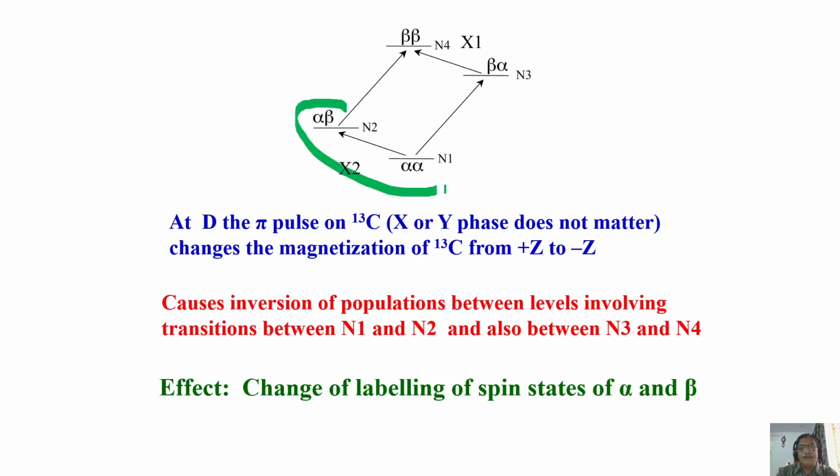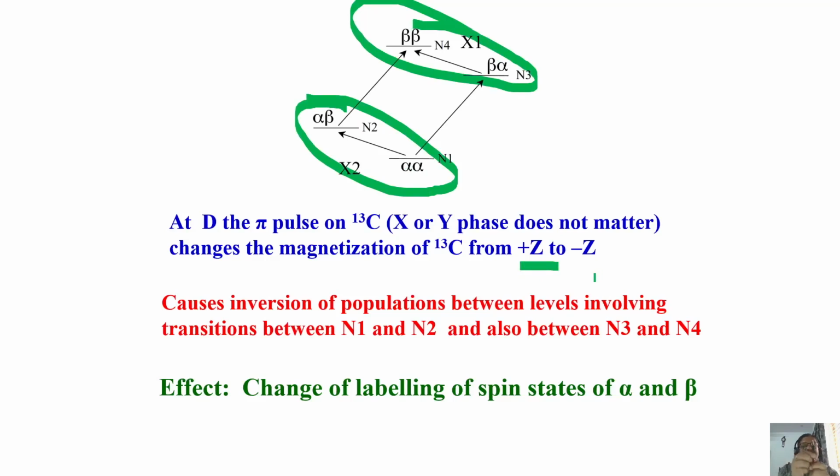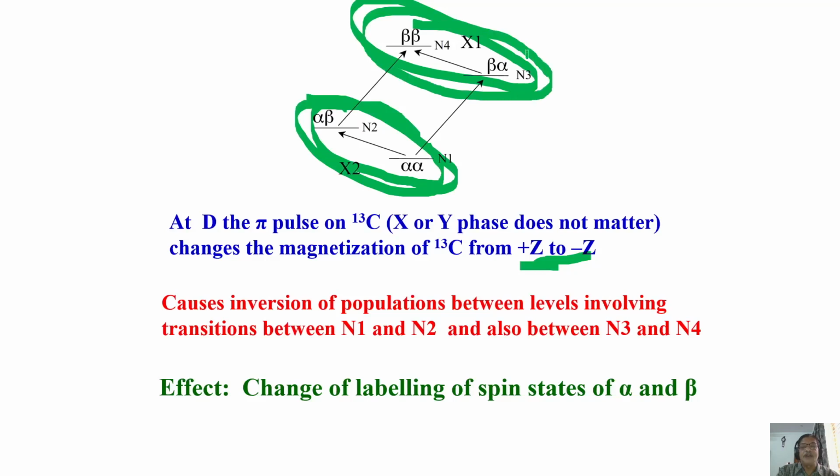magnetization. So that means these two and these two spin populations should get inverted. That means carbon 13, which still was along the z-axis, we have not touched it till now. Remember, you are only talking about the proton doublet component. Carbon doublet are still here. Now because of the 180 pulse, from plus z direction, they came to minus z direction. It is as good as telling the population of the spin states were reversed. Now N1 and N2 population and N3 and N4 population get reversed.